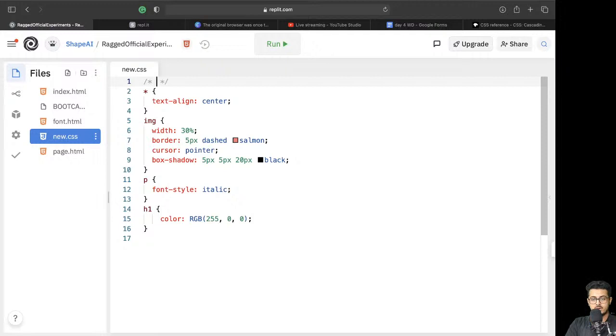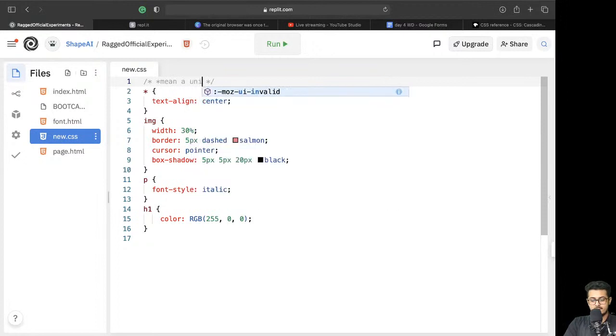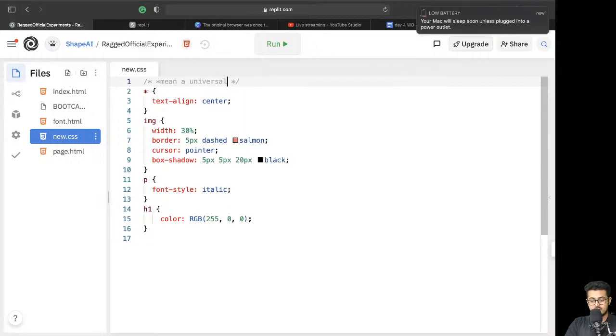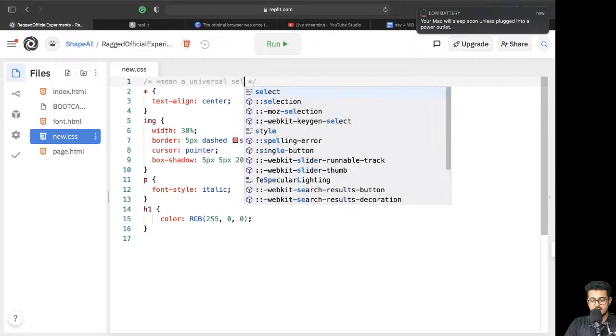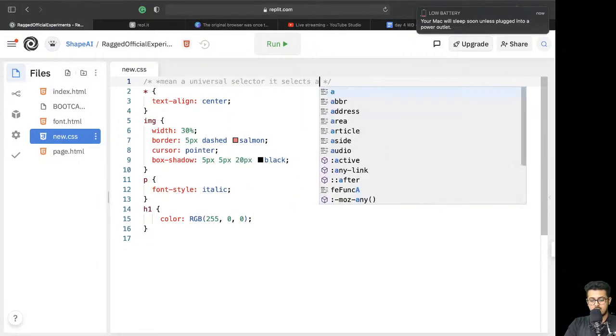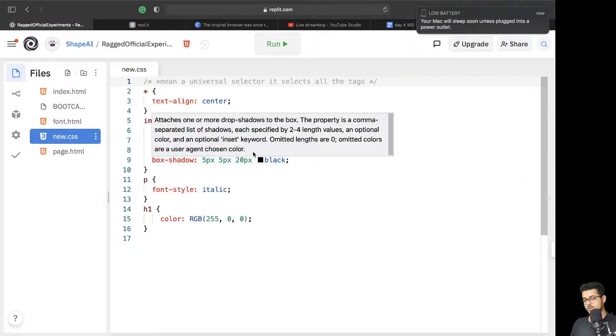So you will be putting it inside of that: star means universal selector. It selects all the tags. That is what I'm trying to explain to you guys, that this particular line that I've written